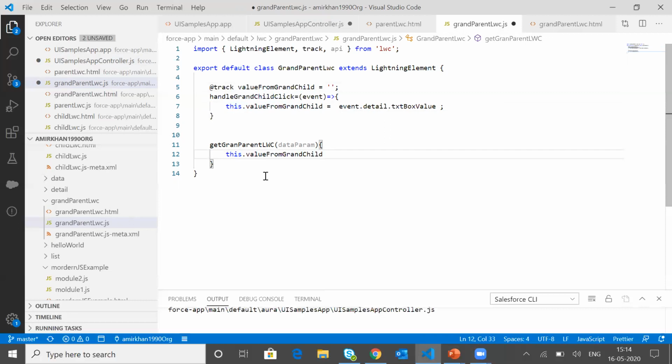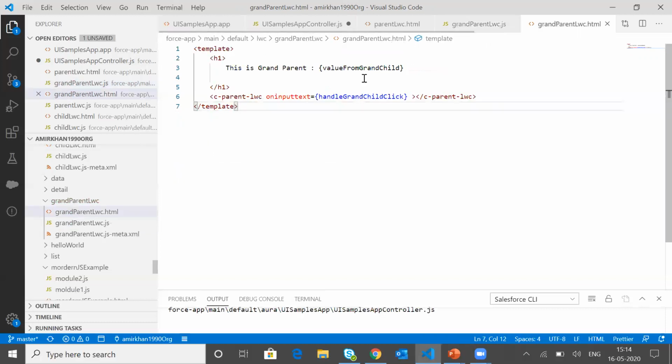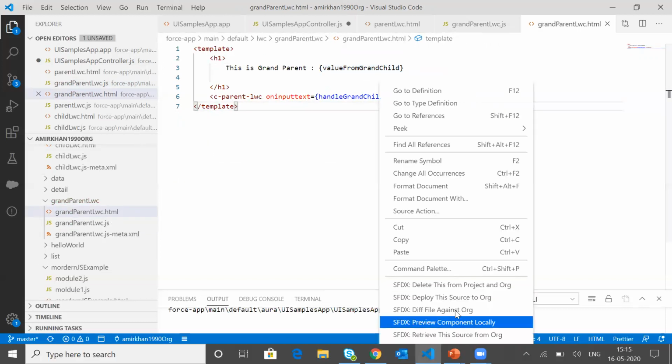Okay, so let's say I'm adding this.valueFromGrandchild is equal to data, and we are getting the data in the form of an object, but there is no need to pass the data as an object. You can pass the data as per your criteria. If you want to pass a string value, you can pass a string value as well. So we have assigned this value to valueFromGrandchild, and this particular value is going to be displayed here. Okay, now let me deploy this,